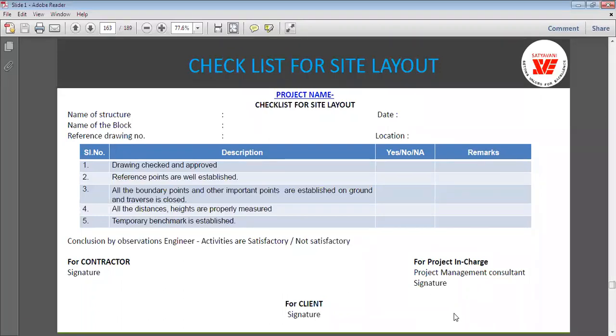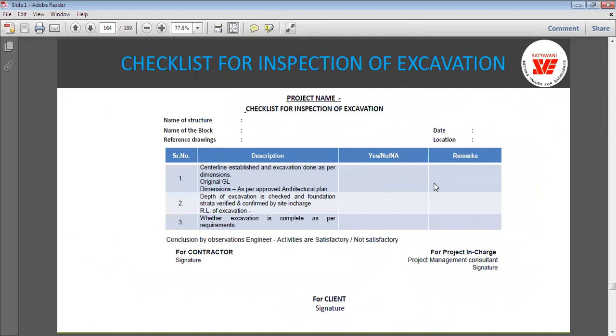Next checklist, that is the next point you have to consider at the time of excavation: whether the center line is established and excavation is done as per the dimensions specified in your drawings.